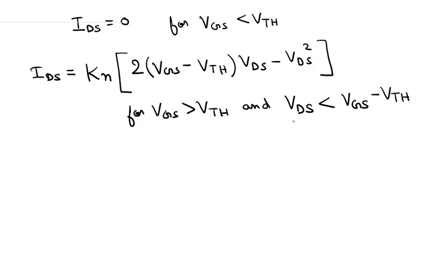Okay, so this is the triode regime basically, where the current is still increasing with the drain voltage, and it is actually clear from this equation over here that there is this VDS and there is this VDS square. So the current is still changing with the drain voltage, and this is for the triode regime where the current is still changing with the drain voltage,